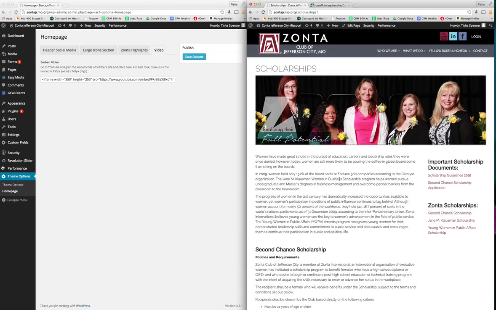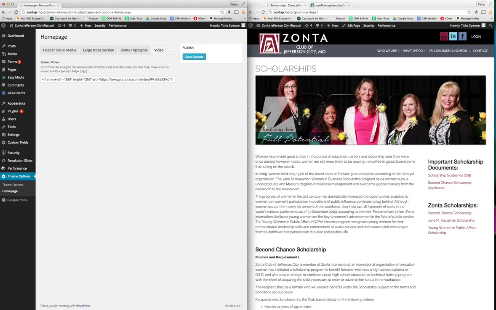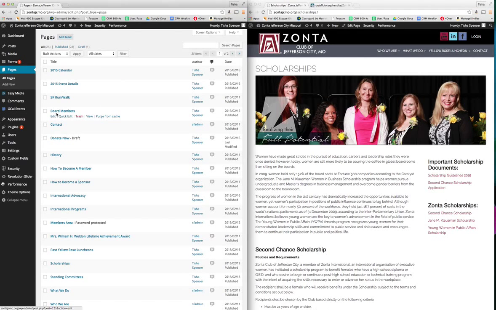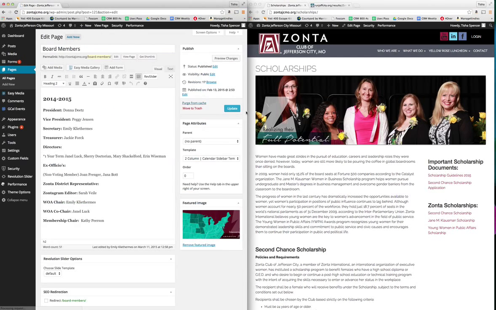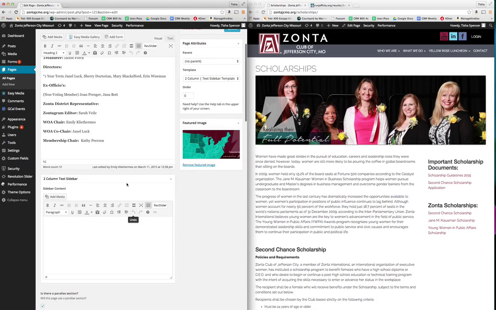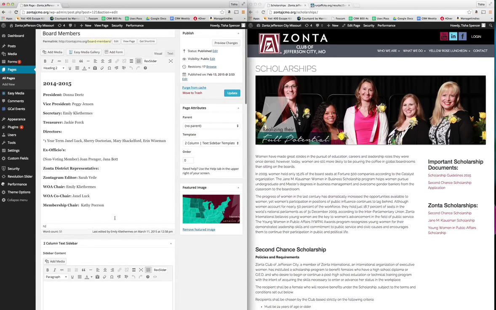You can see this is a 2-column formatted page. When we were looking at those page templates, let's pull one up again. There are a number of templates here. This one happens to be 2-column with a calendar sidebar. The one that we're looking over here under scholarships is 2-column with a text sidebar. So you can see there's just text on this side, and it will change how your boxes react. For instance, now I have a box here to put in text on the sidebar. So whatever you choose over here will edit what shows up on the left so that you can input the